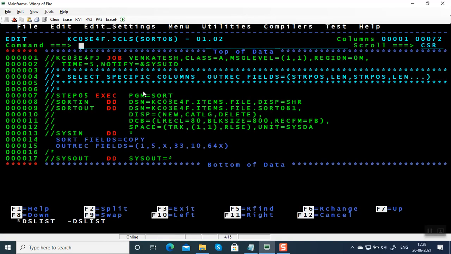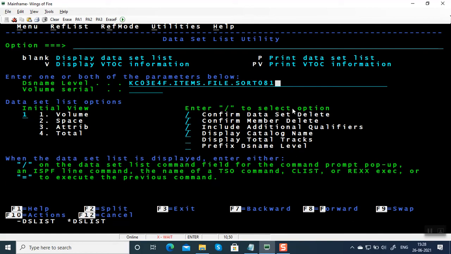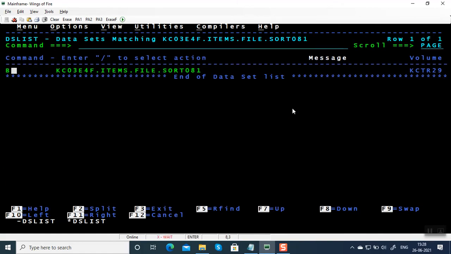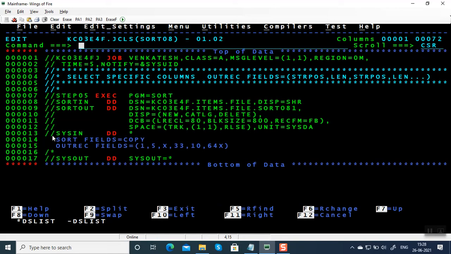Max is 0. Let me show the file. So it has copied only item number and brand name. Remember, in OUTREC FIELDS, it starts copying from the left-hand side onwards.